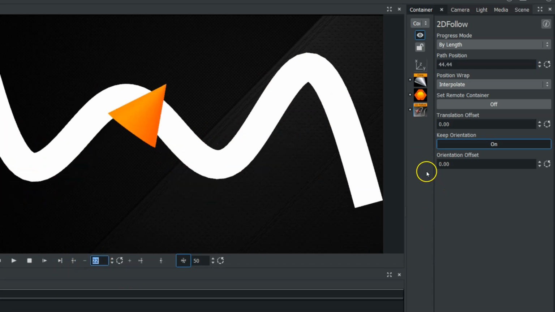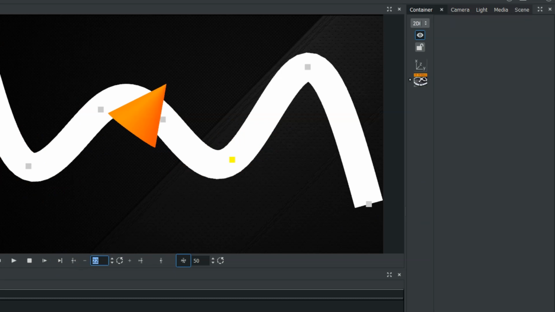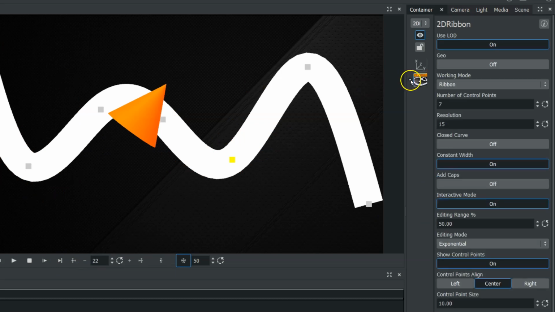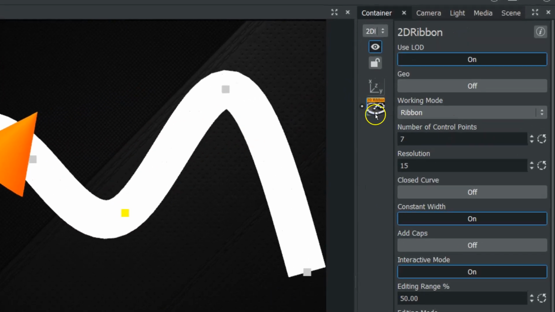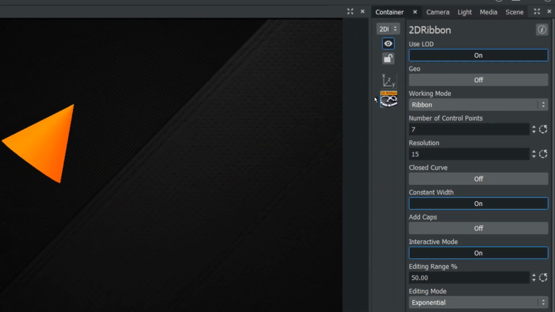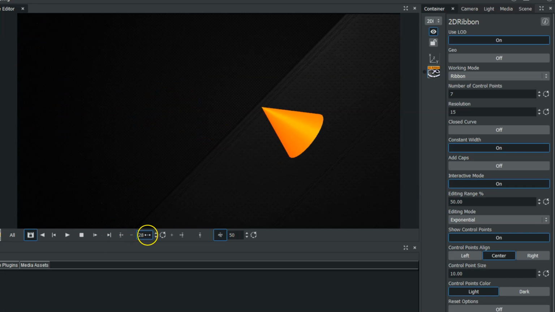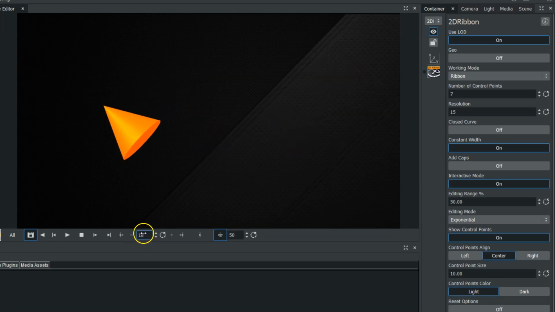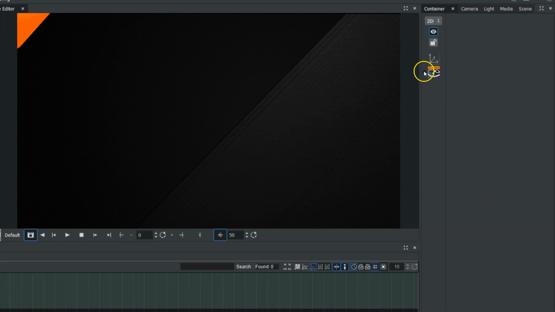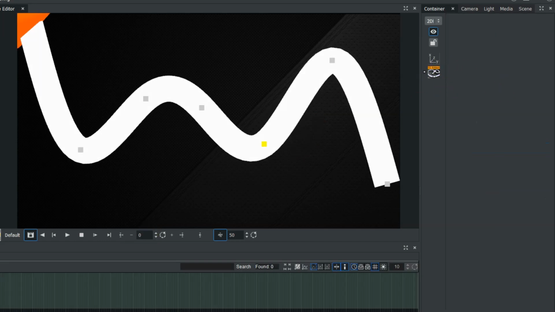If you do not want to see the 2D ribbon, you could come into your 2D ribbon icon and click on it, and then next to the properties editor you have this little button here that you can turn off. Now the ribbon is hidden, but the properties are still active, so we could come in and use this cone still, and you can see the animation remains as it does follow the 2D ribbon still. So we'll turn our ribbon back on, and just to show you the other option here within our 2D follow